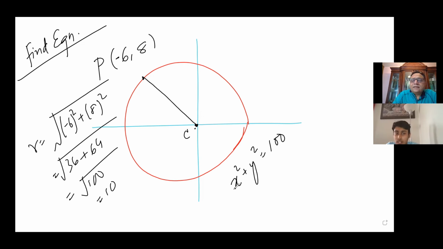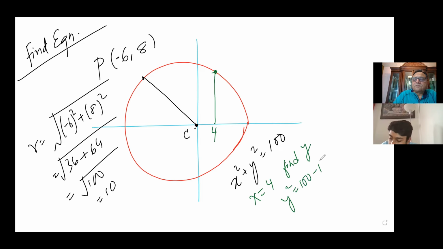Now, if I say that the equation of the circle is x squared plus y squared equals 100, then my next question to you is find y if x is equal to, let us say, 4. If x is 4, find y, right, sir? Yes. So in this case, I'll just input 4 in x, so 4 squared plus y squared equals 100. So that will be 16 plus y squared equals 100, which would be y squared equals 100 subtracted by 16. So you would get,